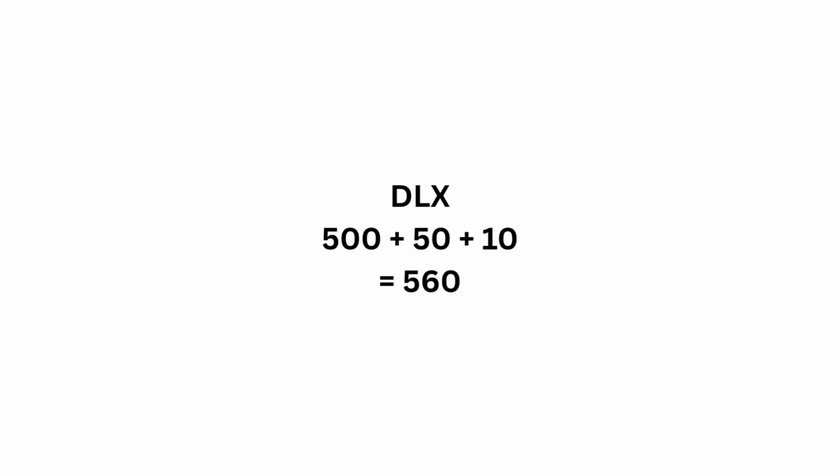Next example we'll be looking at is DLX. D is 500, L is 50, X is 10. This is arranged in descending order, so we'll just add. 500 plus 50 plus 10 gives 560. The next one we're looking at is